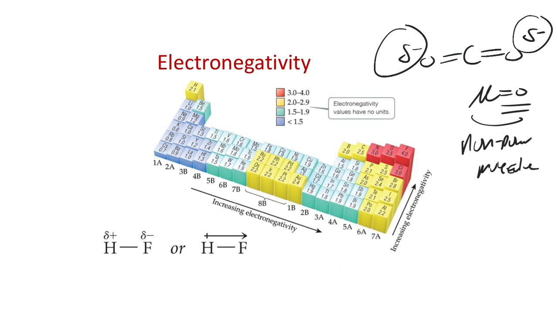So nonpolar molecule, despite having polar bonds, so the bonds are polar, meaning that the atoms are polarized into plus and minus charges, but not in such a way that one side of the molecule has a greater charge than the other. So if I have two adjacent CO2s, the question is, do I get built-in attraction or built-in repulsion? I get repulsion, not attraction between these molecules. So if I think of just like aligning CO2s, I don't get attraction, I get repulsion. That's going to weaken their force of attraction. That's going to reduce their boiling points and melting points